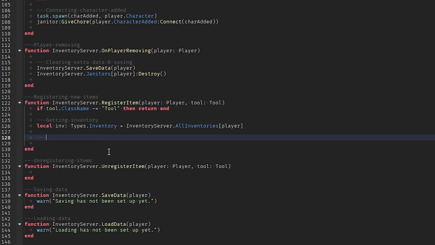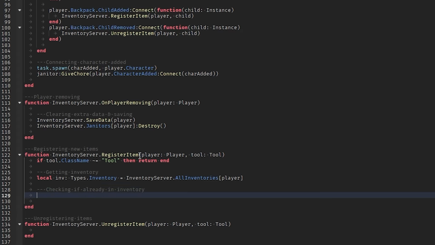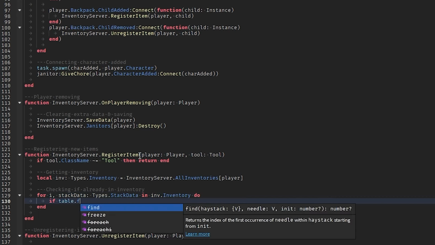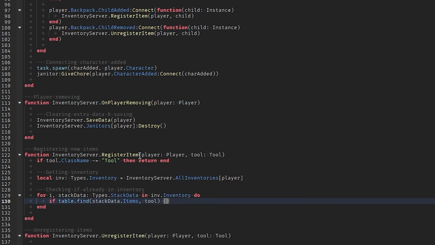The next thing we want to do is double check that the item that's being registered isn't already registered, because we don't want to end up registering an item twice. So we're going to loop through all of the stacks in the inventory. So for i, stackData, and that's of type StackData, in inventory do. Then if table.find(stackData.items, tool), and if we find the tool in that stack,